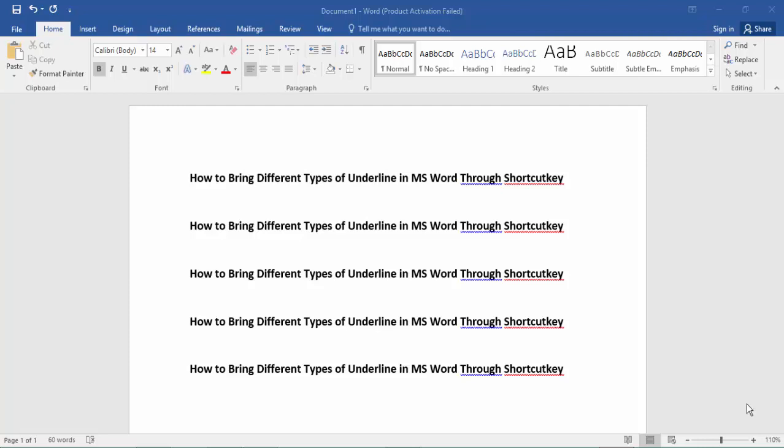Today's video: how to bring different types of underline in Microsoft Word through shortcut keys. So let's get started. At first, open your MS Word document file, and firstly, the shortcut key